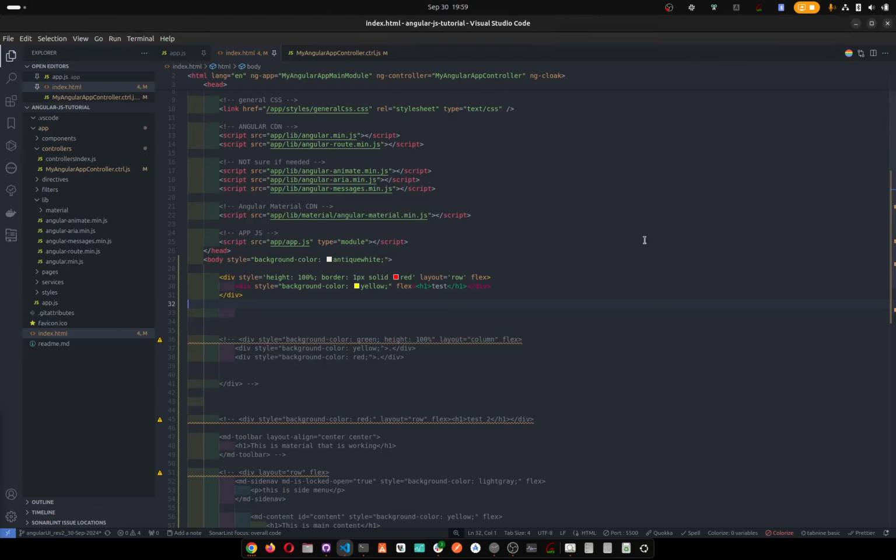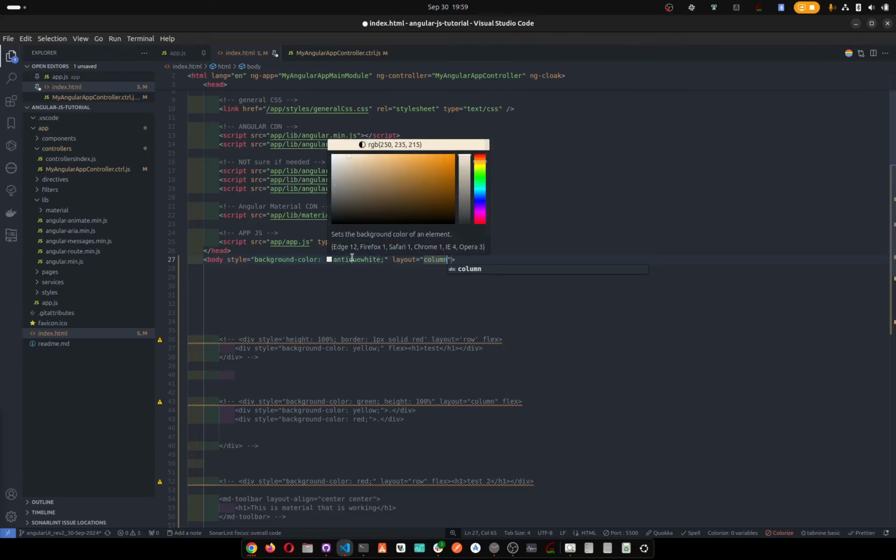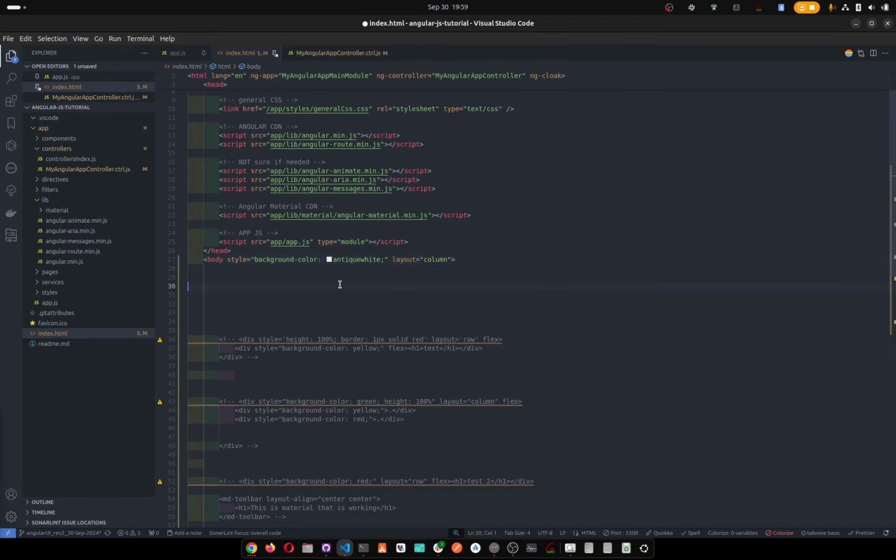So the first way to do it is very, very simple. Let's get rid of this stuff and put layout column on the body. Body by itself takes the full width and height, so when you set layout to column, all other elements